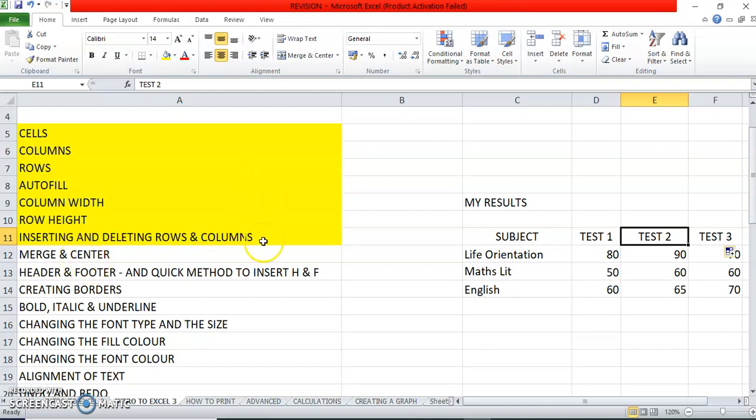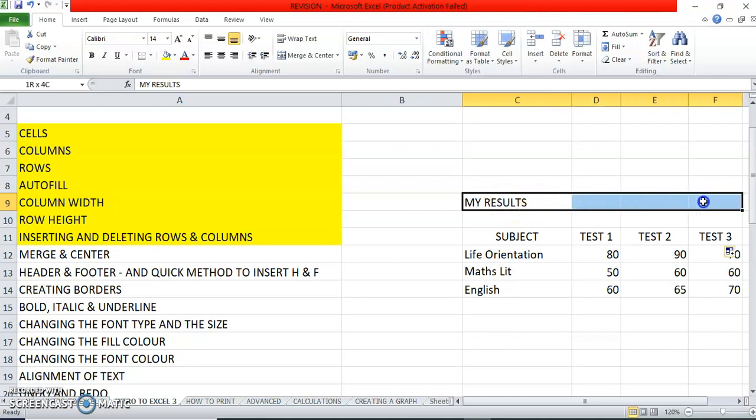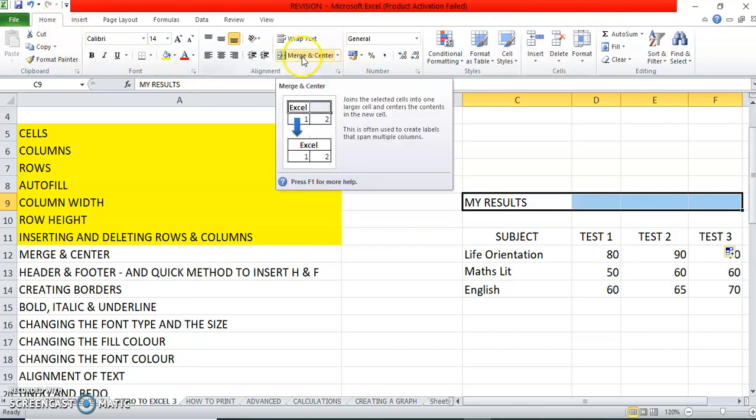Okay, so when they're talking about merge and center, what are they saying? They're saying that merge and center is basically to merge cells. So I don't want the text to be only in one cell. I want it to be in the center of this entire exercise in terms of the heading. So what I'm going to do is highlight those 4 cells. Once I've highlighted the 4 cells, you'll notice it's 4 cells, right? So it's 1, 2, 3, 4. But as soon as I highlight the 4 cells, I'll go under home, and it will say there merge and